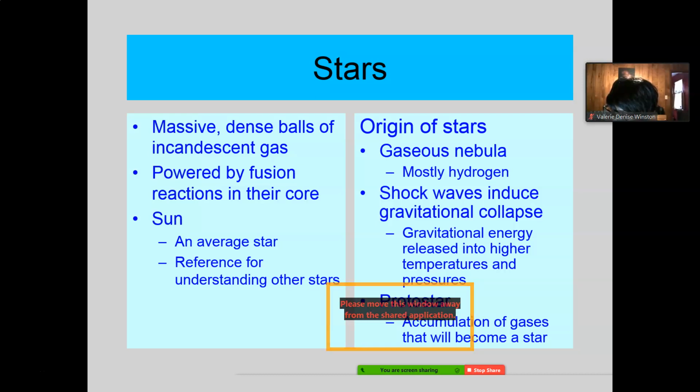Now, what nuclear fusion is hydrogen atoms being forced so close together with such intense strength that they're fusing into helium. Okay?